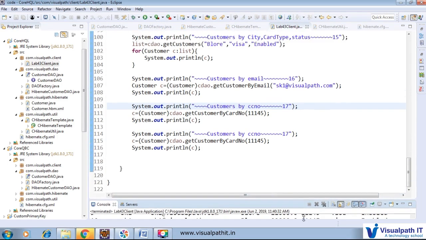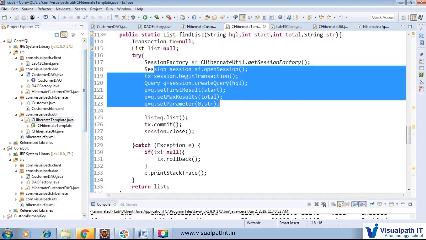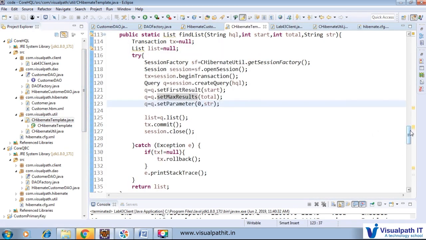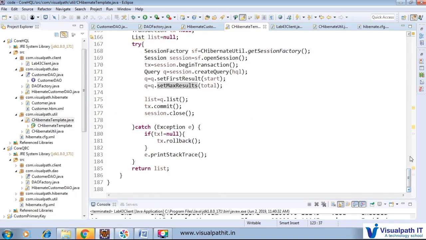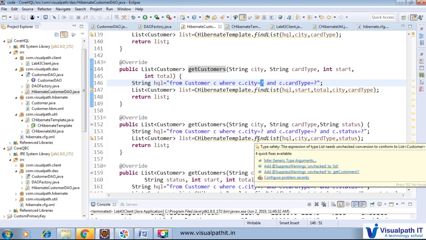Just try to create. So first create this DAO, the customer DAO, the data access object, and just map all the methods that we want to retrieve. After that you write one template method, the Hibernate template, where you have all the functionality that you are going to do with the application. And after that we have a Hibernate implementation of that DAO. So here you can write all your queries, and you will call the template method to do the persistent operation.